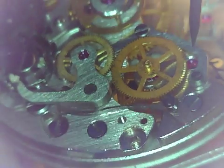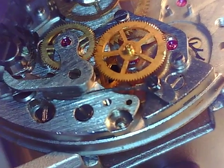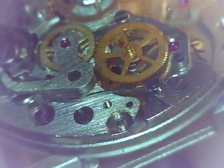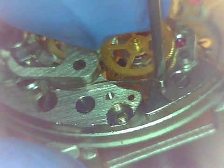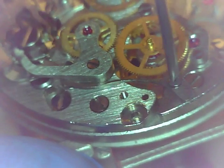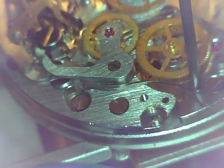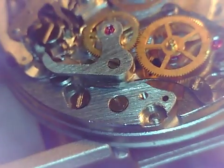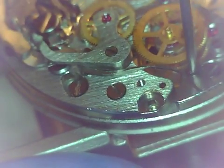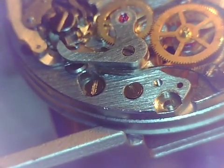Are we in the shot? Yeah, but the lighting sucks. Focus. We can at least get it started. And as it drives it in, it's going to self-center itself on there, and we'll give it a test. There you go. You can see how that's working, how that actuates. I'm going to make sure that's tight. Okay. And our final spring